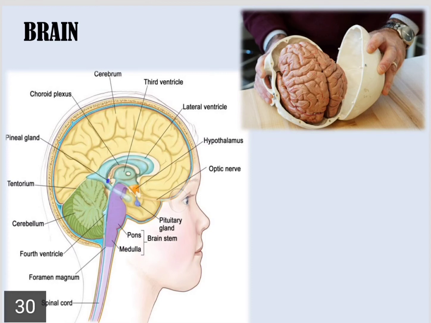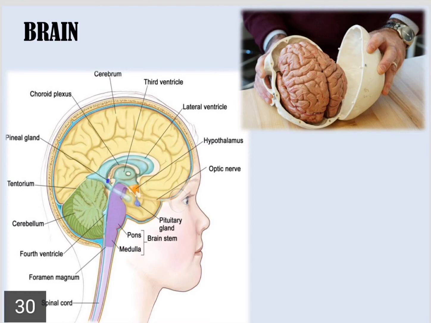The second part of your brain is the cerebellum. If you look at this particular diagram over here, it is shown in the green color. So that is your cerebellum, and it does not have too many wrinkles, it does not have folds, but it has ridges. If you touch any substance and you feel that it is up and down, those things are called ridges, or you can say small bumps which are present on the cerebellum.